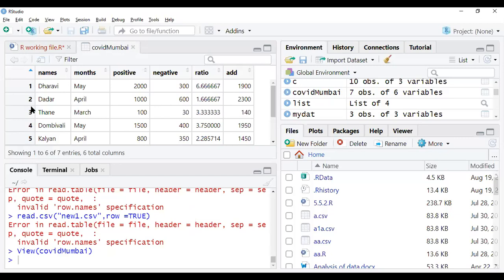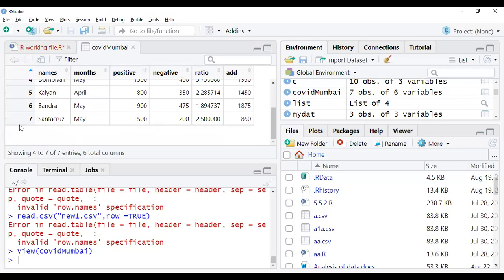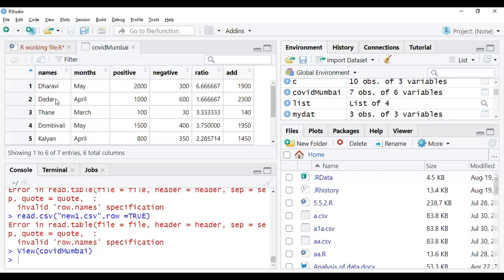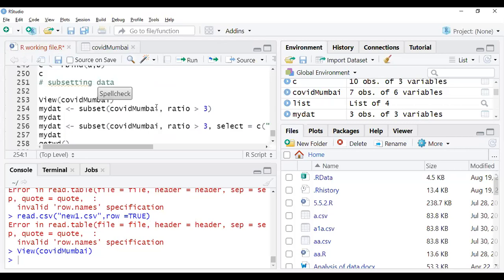This is not actually in your variables; it is excluded from the variables. Name, month, positive, negative, ratio, and so on. You can consider so many variables. I have considered these variables, and to see the dimension of this data, you type dim of your data set. It will show you how many rows and how many columns there are.